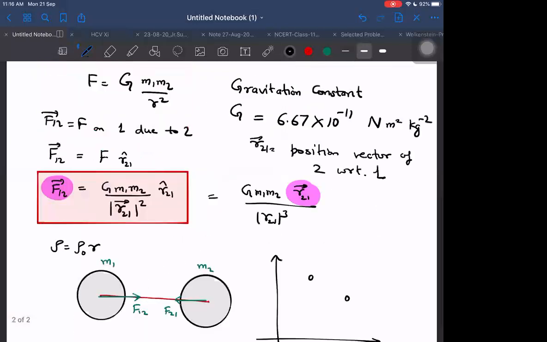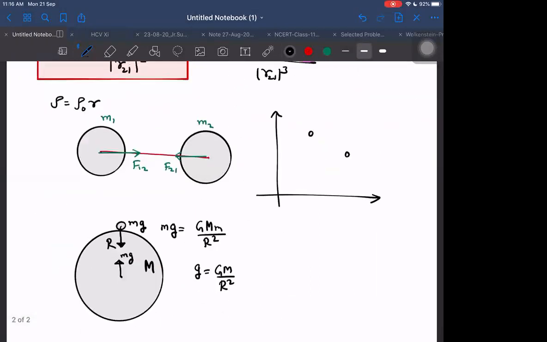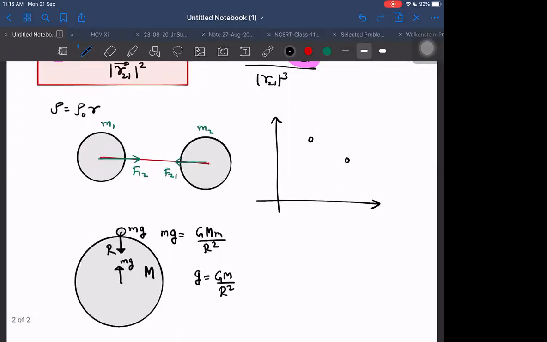That will not be the proper thing, I think. Units will be different for this, depending on what I'm treating it as, a field or otherwise. First let me come to field, then only I will discuss these things in detail. Here, for the formality, I want you to write it down once. Draw the vector diagram for this once: position vector of 1, position vector of 2, mass of 1, mass of 2, force on 1 due to 2, and force on 2 due to 1.